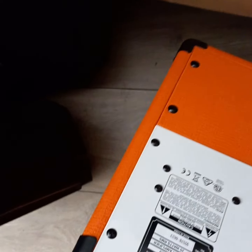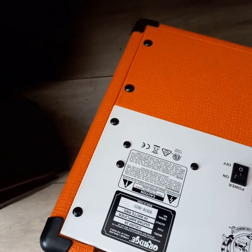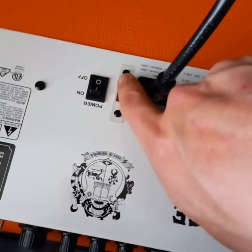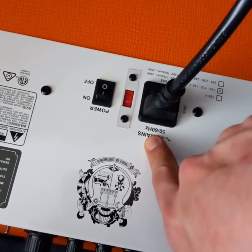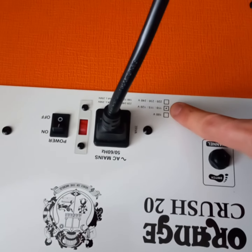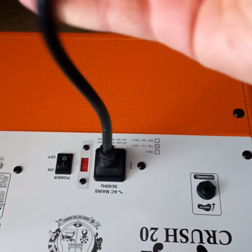All right. On and off switch. So it's got a 120 volt limit. So it can only receive 120 volts, right? That's the maximum, 120 volt. So depending on where you're at,